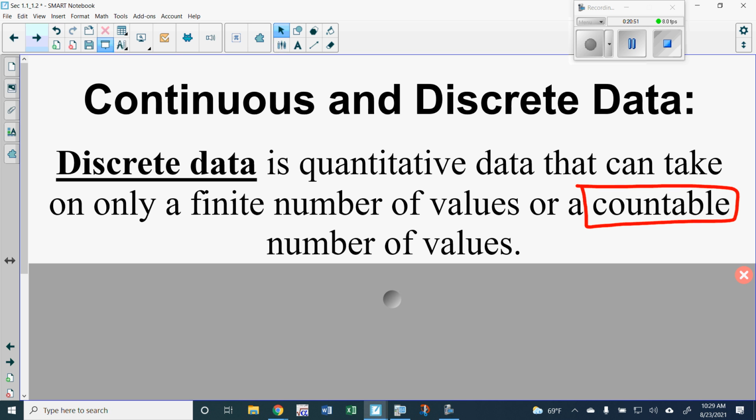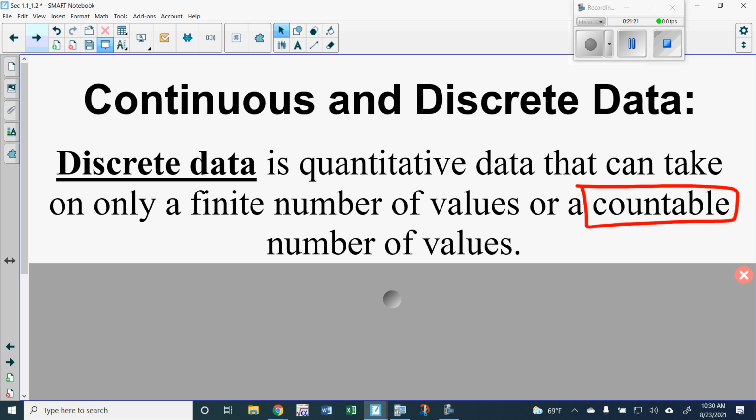The number of hairs on your head, that's discrete, right? You might not know how many, you pluck one off and you have one less, whatever, right? They fall out, but nobody knows how many hairs are on your head. Maybe God does, but that's right. You don't know how many, even though they are countable. So when I say countable, it doesn't mean you have to actually count them. It's just there is a set number. That's the difference, okay? The second one is a continuous